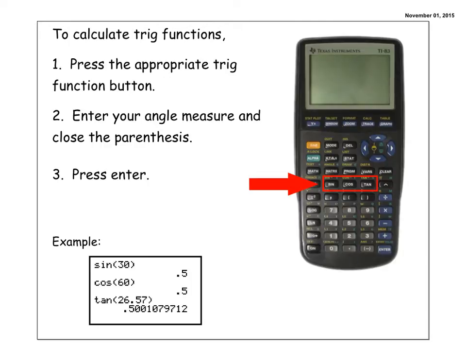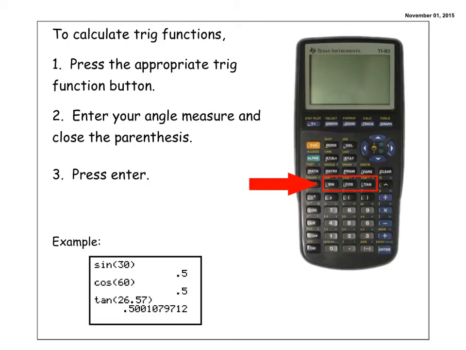You've got to make sure you press the appropriate trig button. Not every function is a sine function or a cosine function or a tangent function, so it's all dependent on whatever you have in that particular problem. So if it's a sine problem, make sure you use the sine button. If it's a cosine problem, use the cosine button, and if it's a tangent, use the tangent. And like I said, I've not said that in the past, and I've had some confusion about that, so I just wanted to make sure I clarify before we